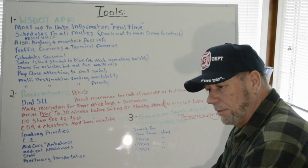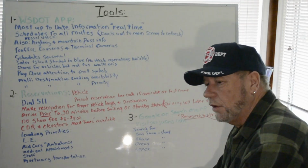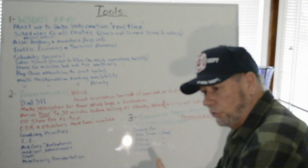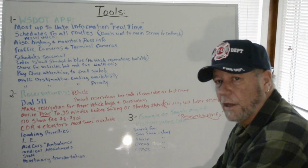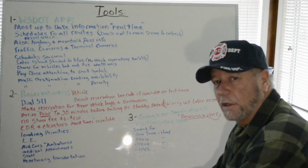Like I said, be prepared if they have a vessel breakdown. These reservations from previous sailings can snowball and affect your ability to get on even with a reservation. We have no control over that. These things are machines and they break down. There's people that get sick, and